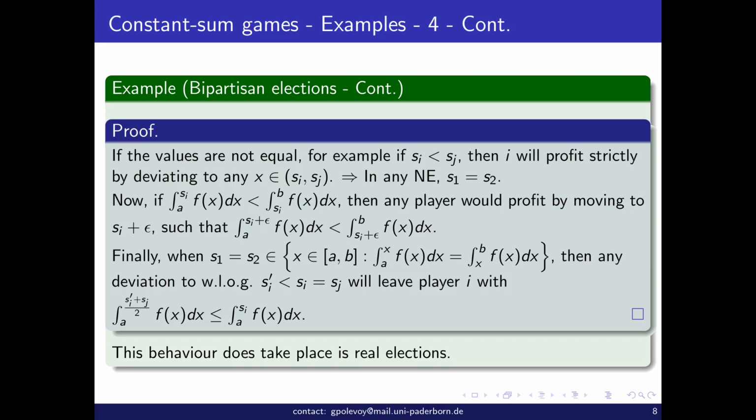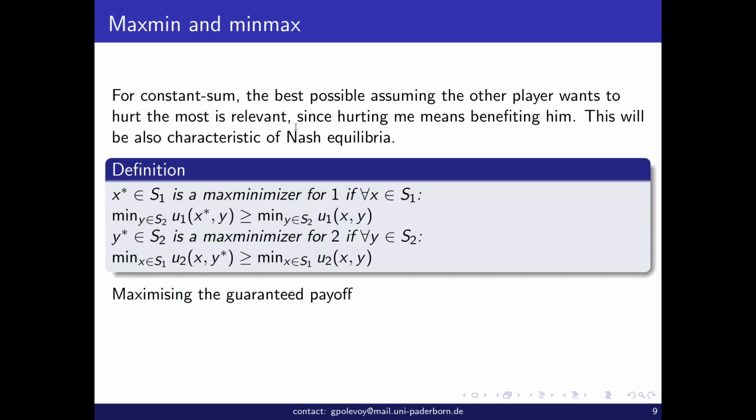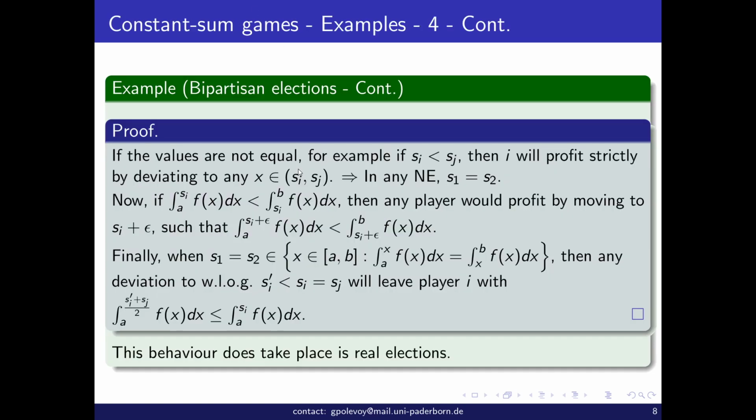So let us get back to what we said. And of course, then the set of all those points x such that the integral from a to x is equal to the integral from x to b includes exactly one point, because the integral from a to x of f(x) dx is then a strictly increasing function. But okay, so what we say now is that